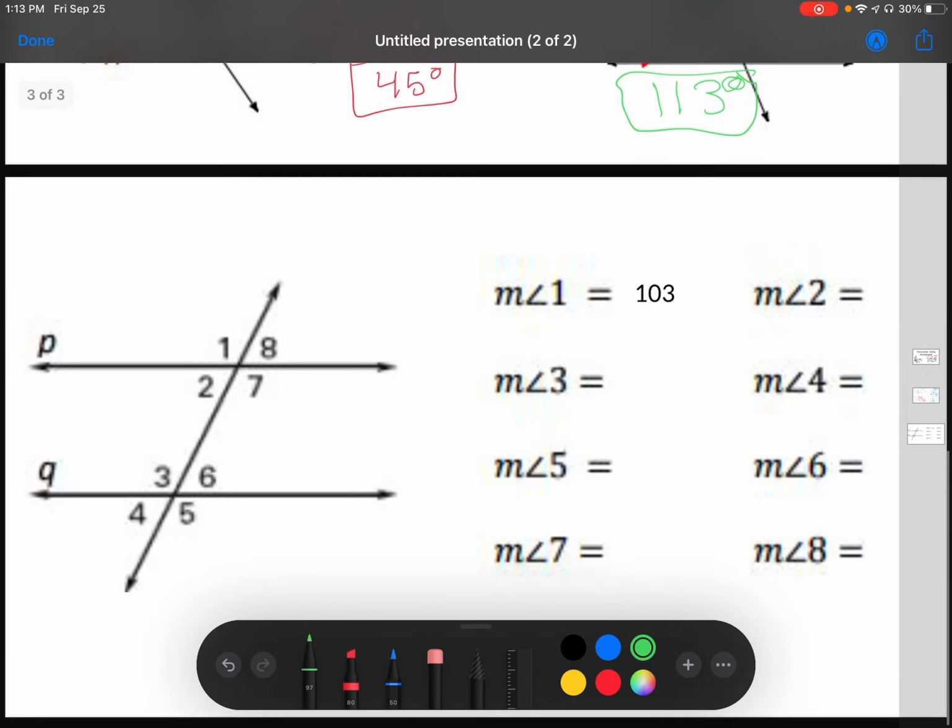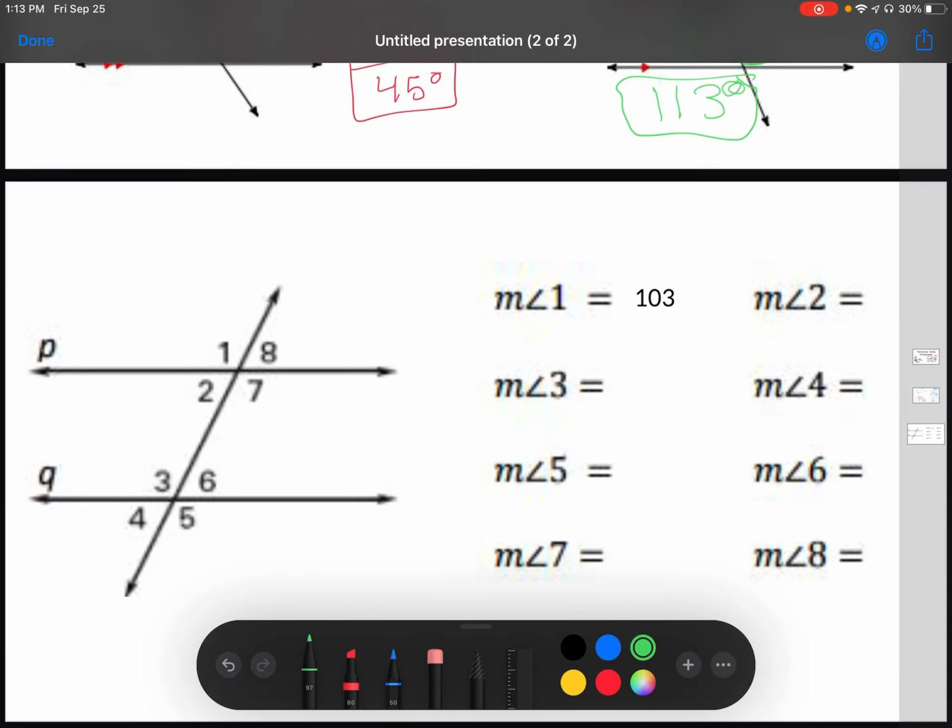We're going to look at one more big example. So here's an example. Looking over here, we see that angle 1 is 103. I'm going to write that on the picture. So we know this one's 103. How big are the rest of them? Right, so we got 2, 3, 4, 5, 6, 7, and 8. What I would do is,